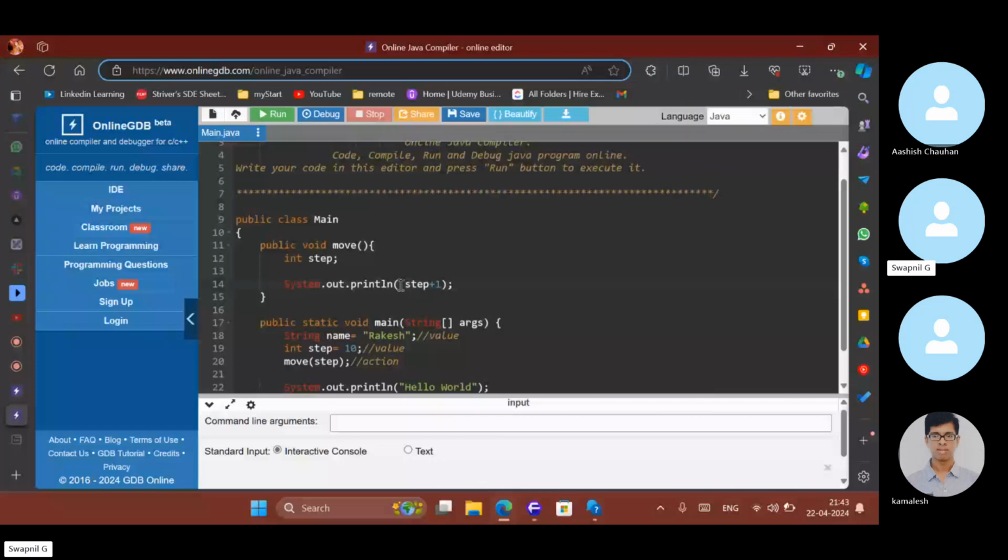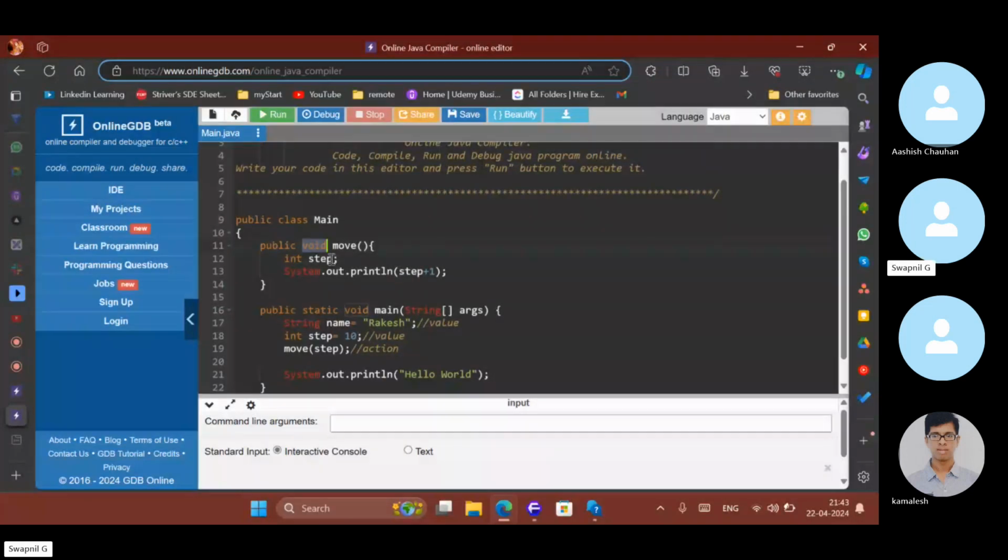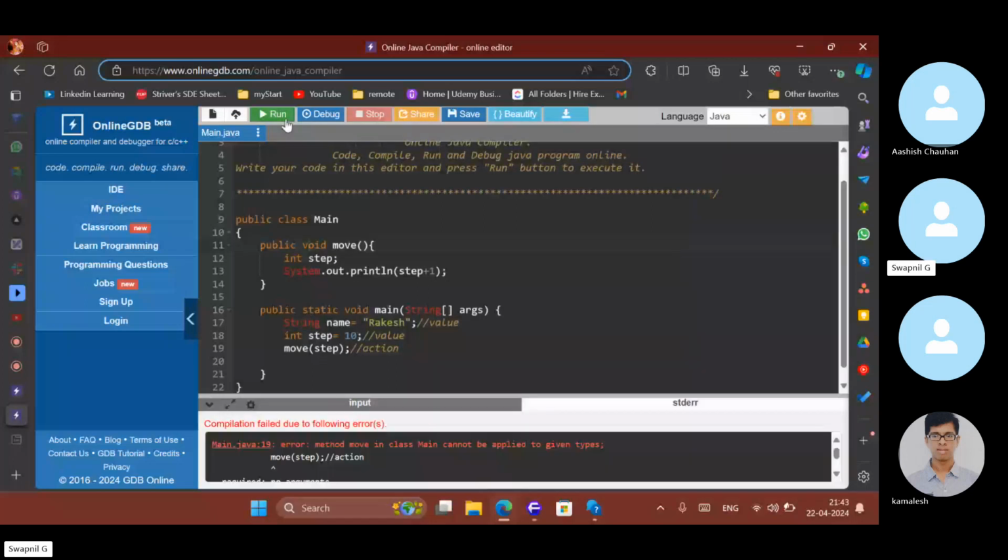That is why it is void. Is it clear to everyone? Now let's run it. Okay, the method needs static, and to pass the parameter. Sir, you have not given the parameter.